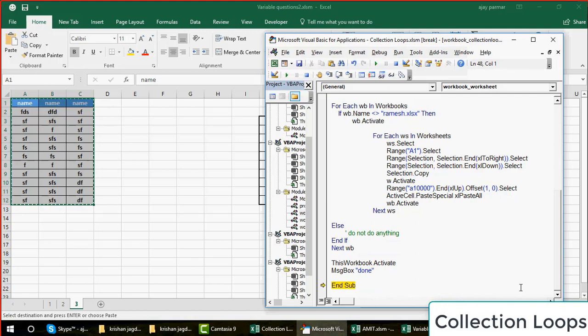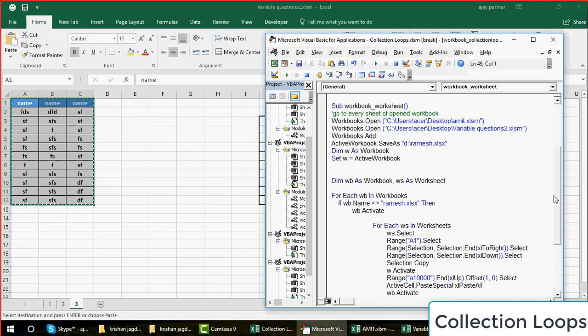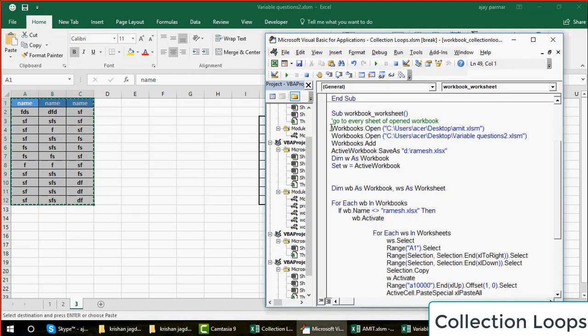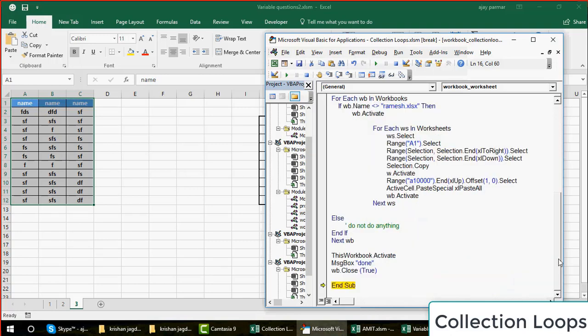And also, one more thing you can do, guys. You can also quickly close all the workbooks. Maybe you can get this workbook also closed, which is Ramesh. Make sure you save the changes so that you should not be prompted. What about the other workbooks? Well, since you have not defined them, better you just go and declare them here, because whatever workbooks you are getting open, you want to close them. So you can write your workbooks, write the name.